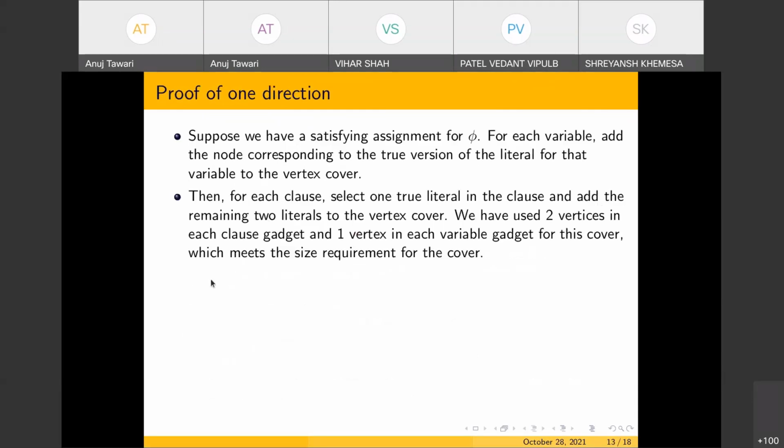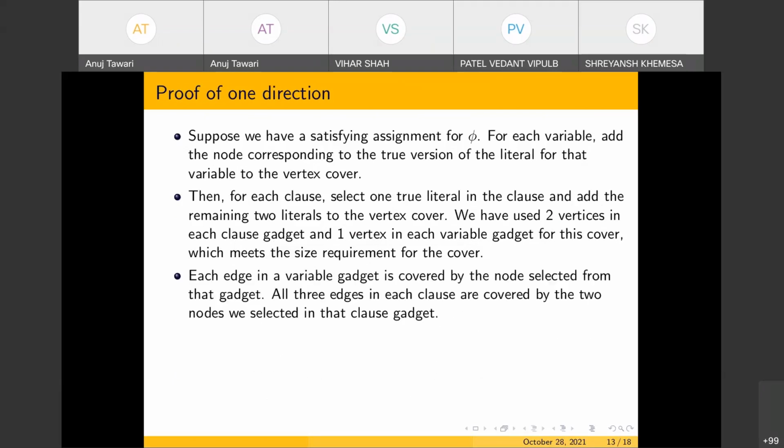So we have used two vertices in each triangle, which was the clause gadget, and one vertex in each variable gadget for this cover, which meets the size requirement of the cover. So this is how we get this vertex cover, and what we want to now prove